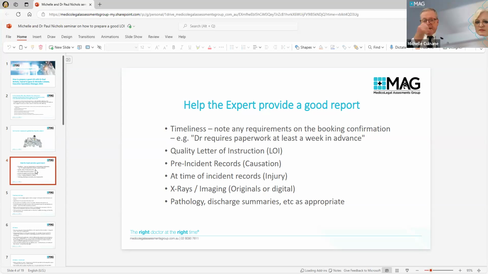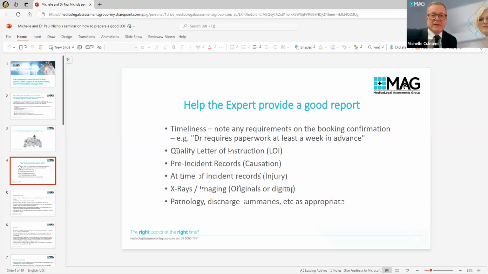Exactly. And there are cases where if I get the LOI in good time, and it's quite obvious that this case will have to go to another specialist, then I can call you back and say, look, I've got your LOI, thank you, but I think that I can be useful in giving you the medico-legal opinions, but I'll need to get the opinion of another specialist before I can do that. In other words, that claimant needs to see the specialist before they see me. If you haven't got at least a week to arrange that, then everything has to be postponed and cancelled, and it's messy. Absolutely.